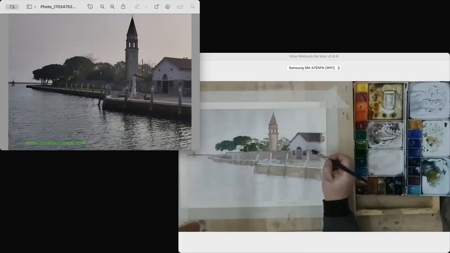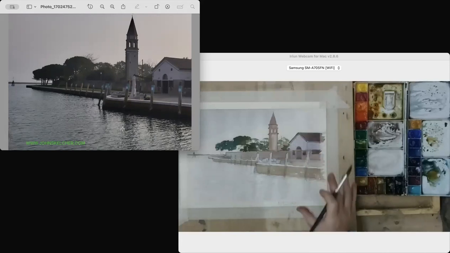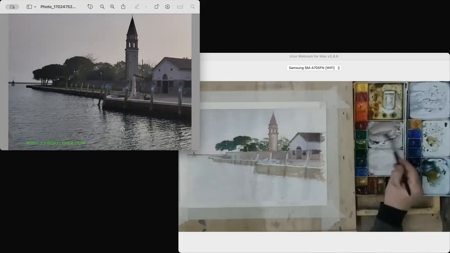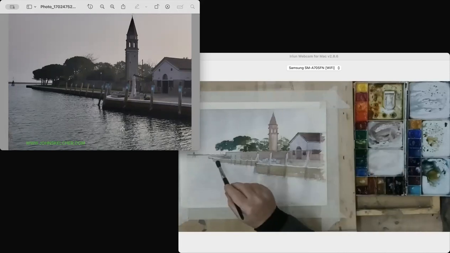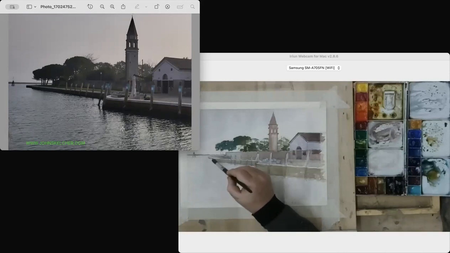But for now, it gives me a better indication about the overall tonal feel to this painting. And I think it's starting to go where I want it to go. I'm also noticing this reddish grey tone is also within the underside here along the jetty. So if I paint a little bit of this along the underside now,